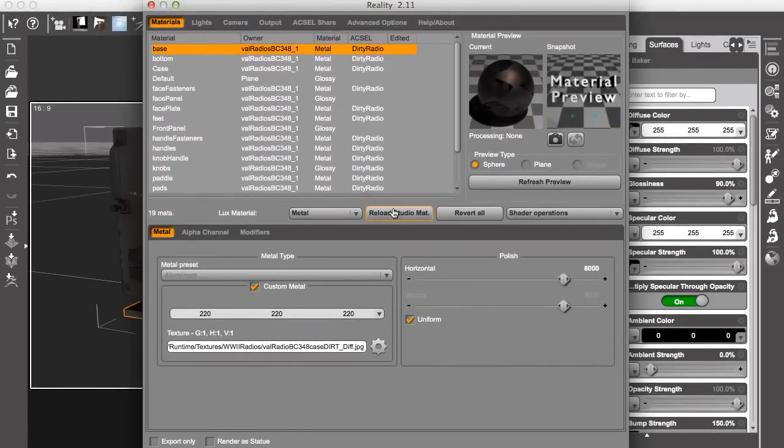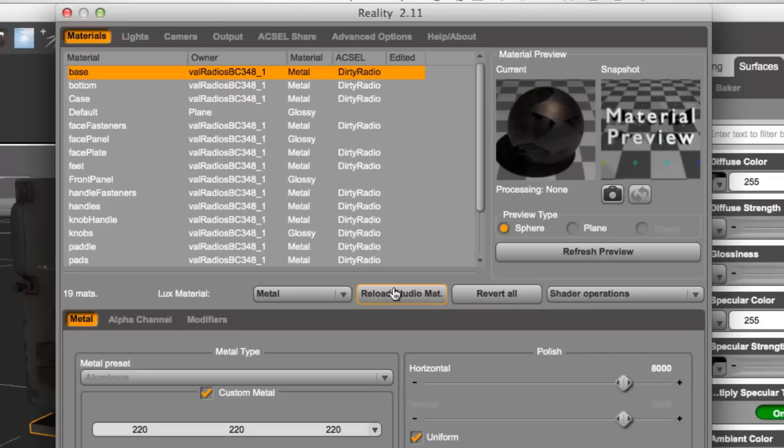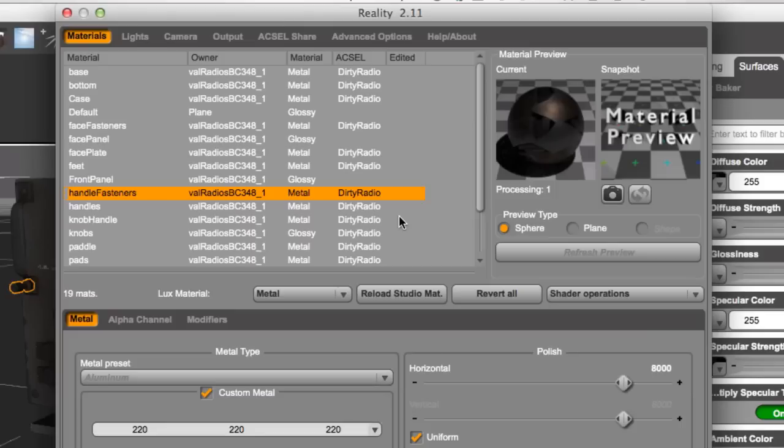That is what ACSEL Share is all about. Sharing of shaders is built into Reality. You don't have to do anything special. You don't have to publish specs or tell people how to do it. You just need to press one button and share your shader set, and automatically all the other Reality users will be notified of the availability of this new shader set,